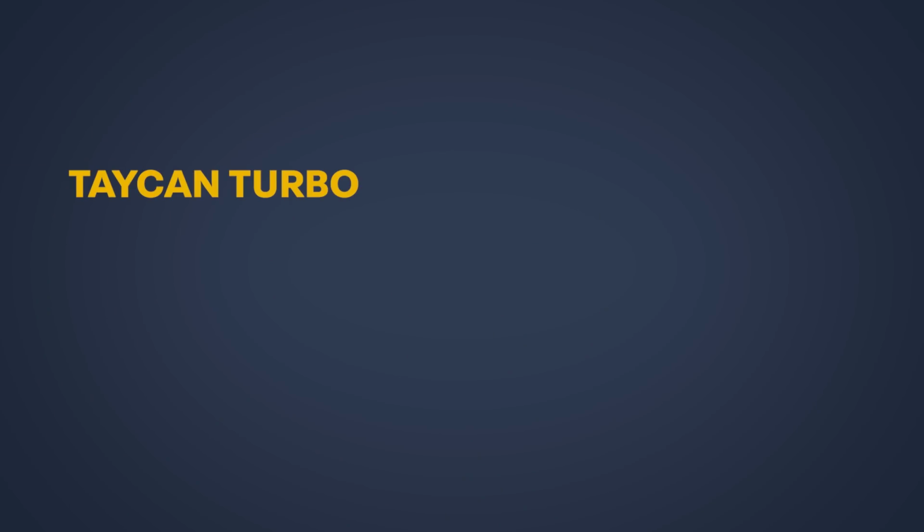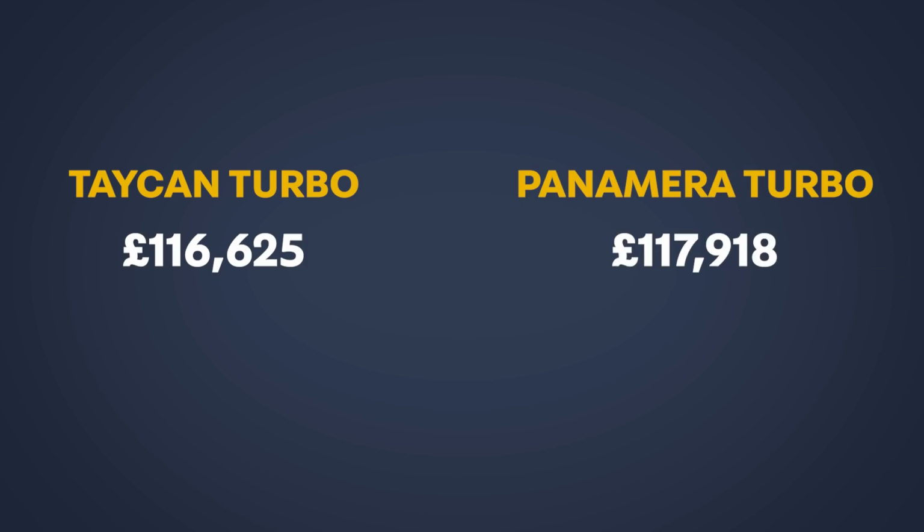Purchase price is pretty much on a par. The Taycan Turbo starts at £116,625 before options, while the Panamera Turbo is pretty much the same price. It's worth mentioning that it's also 75 horsepower down on the Taycan and quite a bit slower, but that's by the by. Let's say he's gonna finance the car, because no one's dropping £116,000 on a car in today's world,